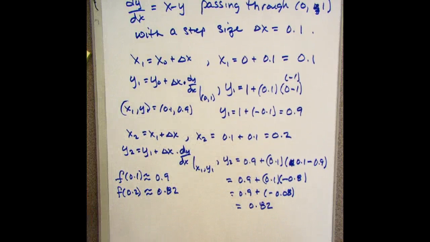If we wanted to do another step to find out f of 0.3, we would go through this same process. But for the most part on the AP Calc exam, whether the question be as part of an FRQ or whether it's part of the multiple choice non-calculator part, they won't have you go more than 2 step